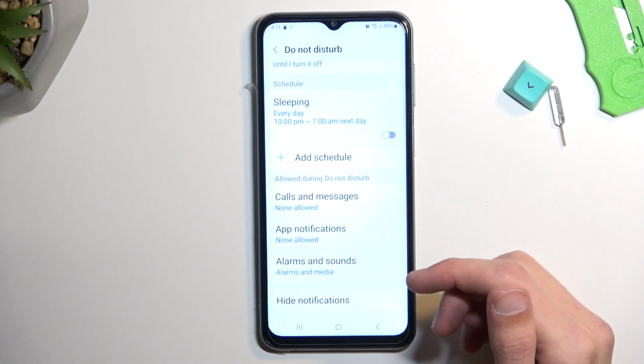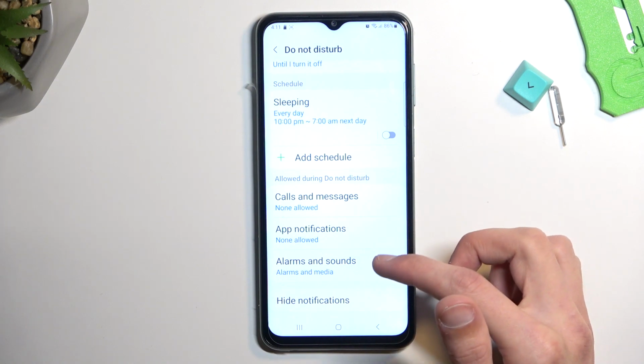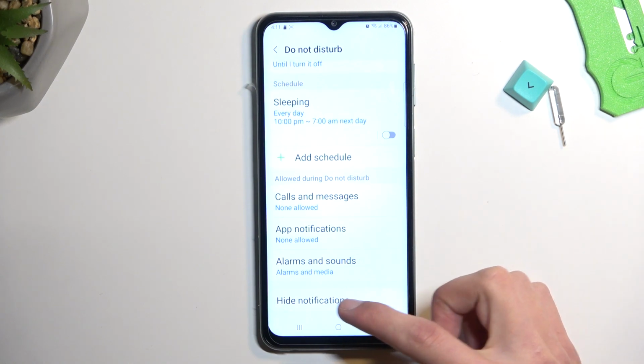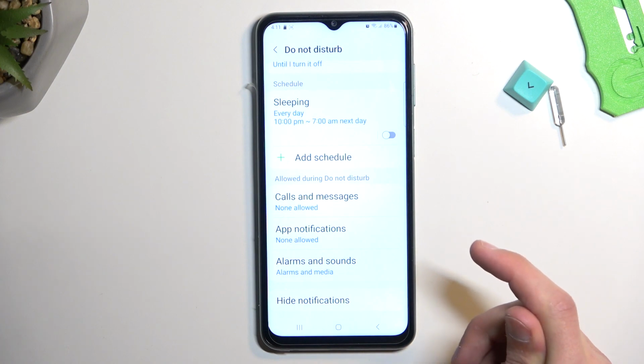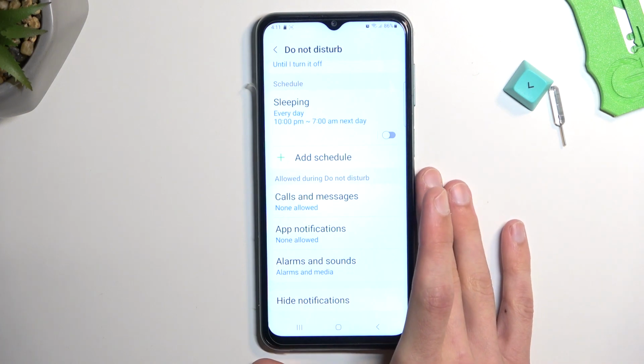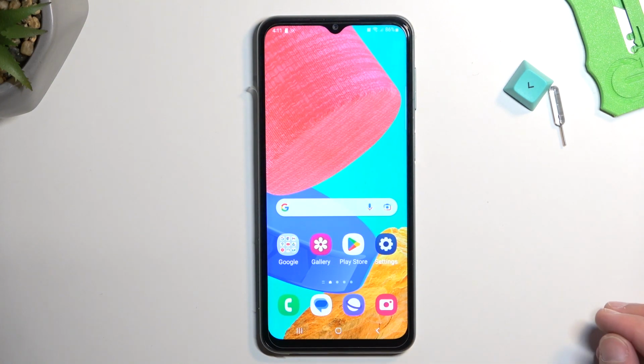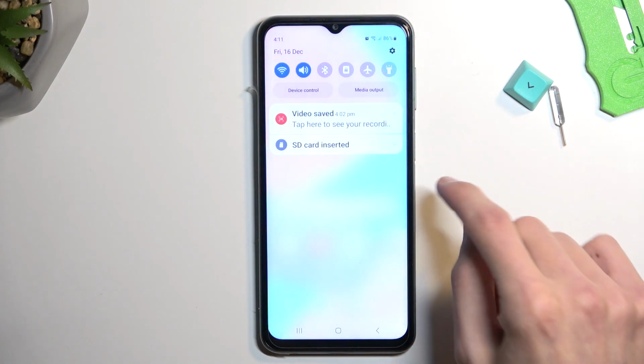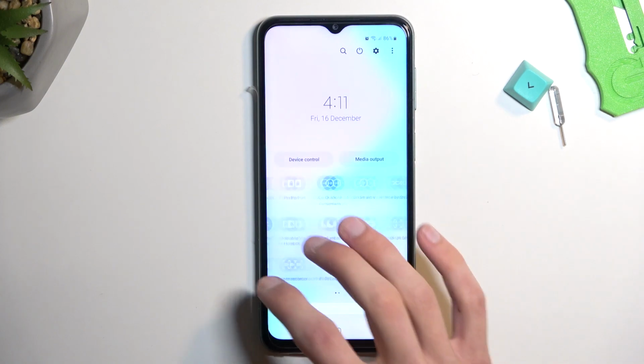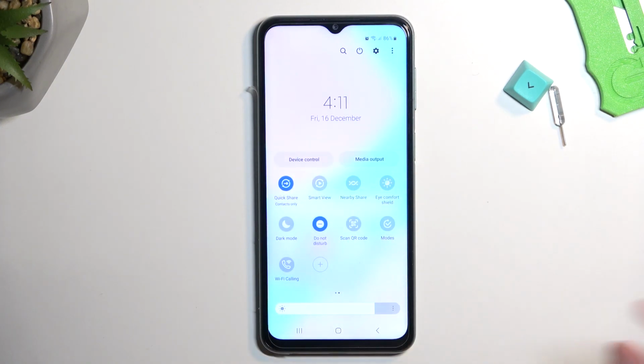And then we have also other interruptions from app notifications, alarms and sounds, and you can also hide notifications if you want to. Once you have gone through these settings right here and customize them to fit your needs, you can close this and you don't ever have to come back here again. And whenever you want to utilize your Do Not Disturb mode, find the toggle, tap on it, and that's it,